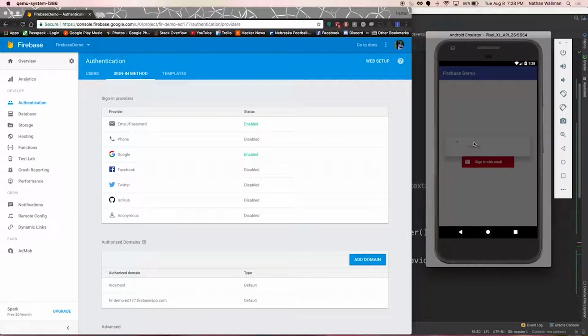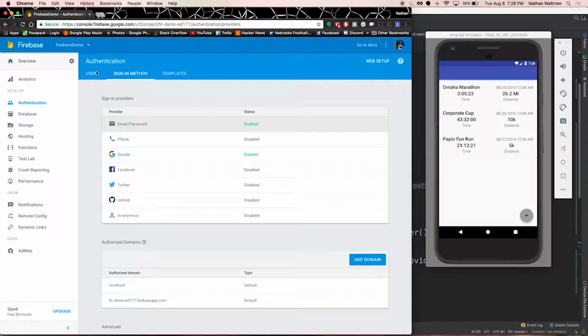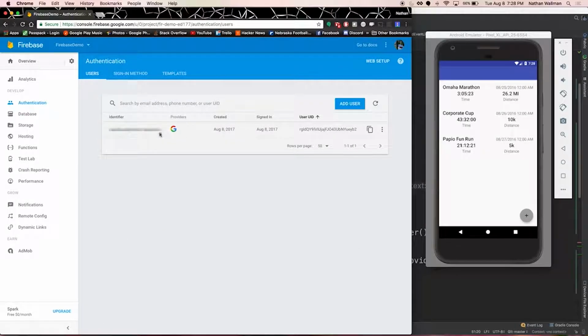I'll select. It knows I've already registered my work email on this account, so it should prompt me to select. Or I guess since I've already done this before on this app, it already knows that's the one account I have on here. So now I've successfully authenticated with my email, which we can verify if I come to users. Yeah, so I didn't fully delete this user, so that's why it automatically knew that I was already authenticated on this emulator with it. So it automatically synced with that, so I didn't actually have to select that.